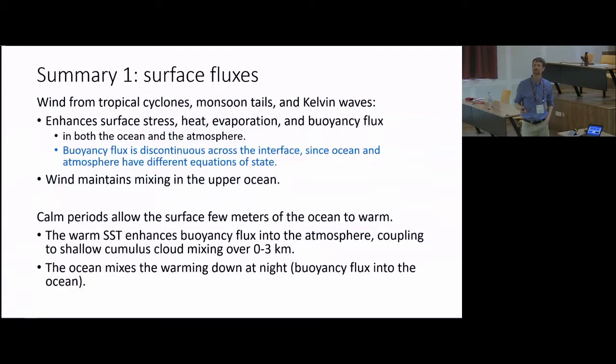So first of all, wind from tropical cyclones, monsoon tails, and Kelvin waves are enhancing the surface stress and the heat flux and evaporation flux and buoyancy flux in both the ocean and atmosphere. It's interesting to note, though, that the buoyancy flux is discontinuous across the interface because some of the heat fluxes are carried by radiation, which is not absorbed. It is absorbed in the ocean and not in the atmosphere, and also because the